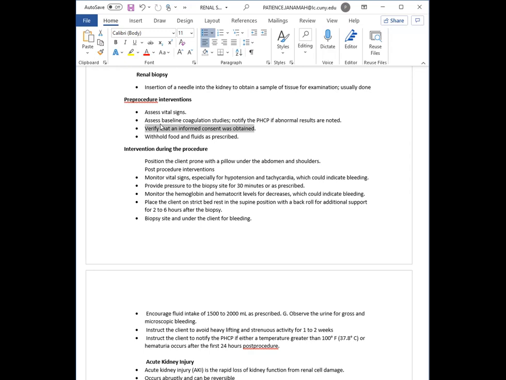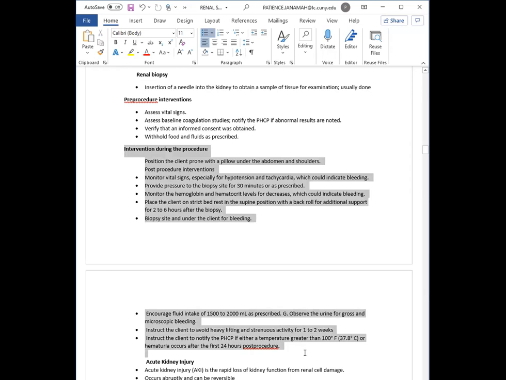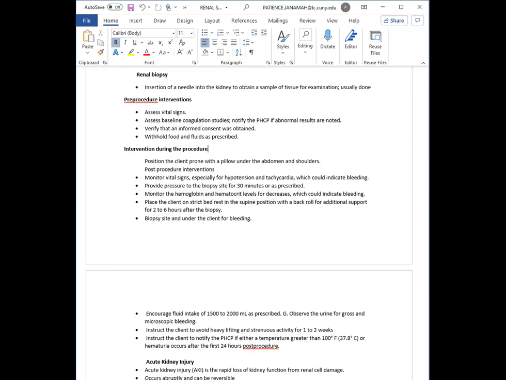That's why they require you to also know what it is, even though you are not going to do the initial assessment, but you also need to know what the procedure is to tell the patient. You teach as well. You do follow-up teaching as well. If the patient is saying what is wrong about the procedure, you should know. Now, positioning after the procedure or during the procedure. So when the patient is at the procedure for the